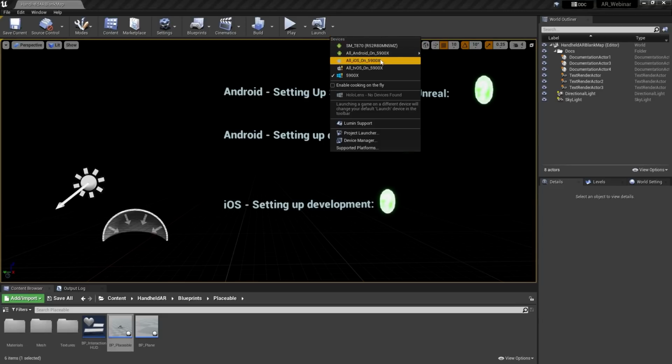Now, if your Android device is not showing up underneath this list, most likely what's happened is that USB debugging hasn't been enabled, or you didn't hit yes in a spot where you needed to say yes, open up the permissions, allow this USB debugging. That's most likely where it's going to fail if for some reason it's not showing up there. Now, obviously mine's configured correctly.